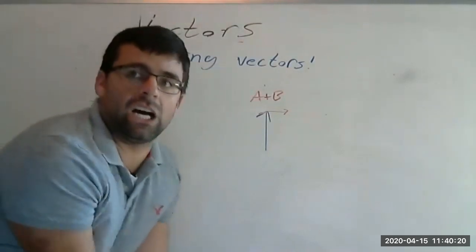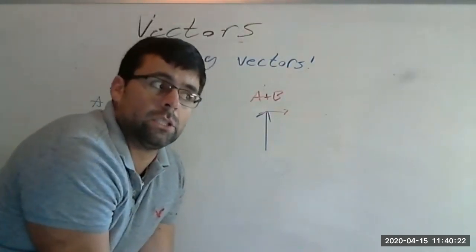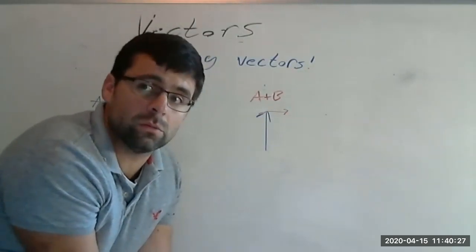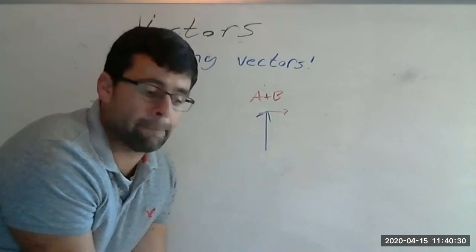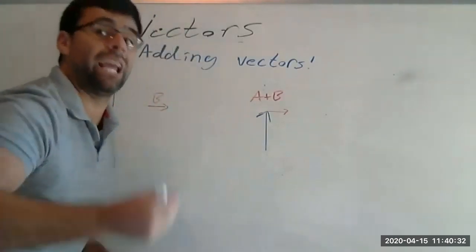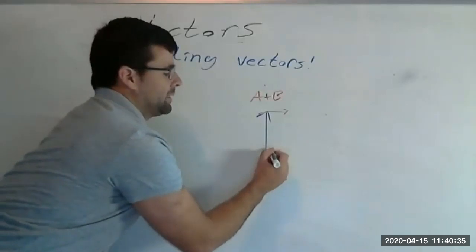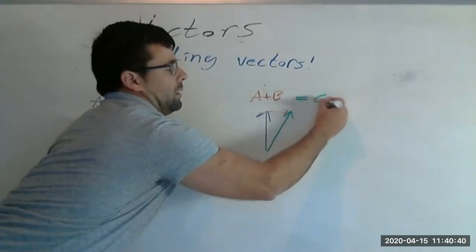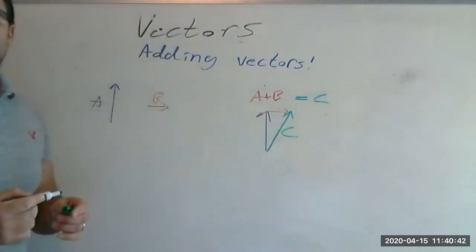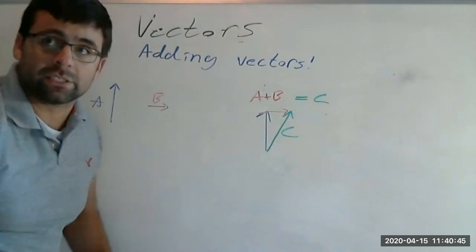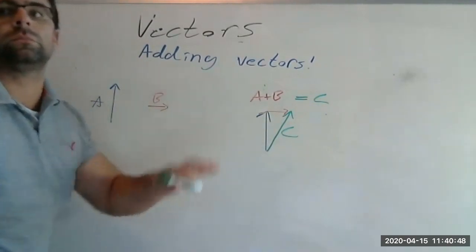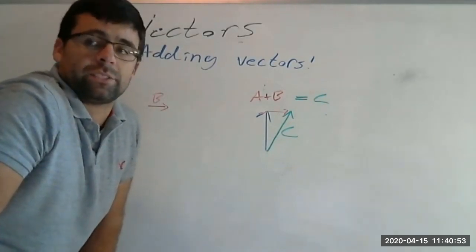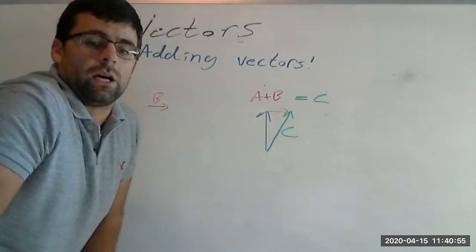And interestingly, if you add $1 to $1, do you get a fish? Or do you get 2 fish? What do you get? $2. You get something that is in dollars. So when you add 2 vectors, you actually get a new vector, which is called the resultant. We're about to get kicked off, but this is how you add vectors visually, this tail to tip method. And we will keep